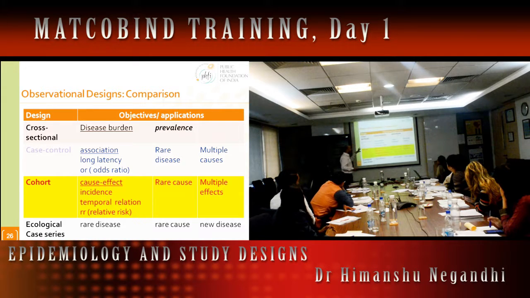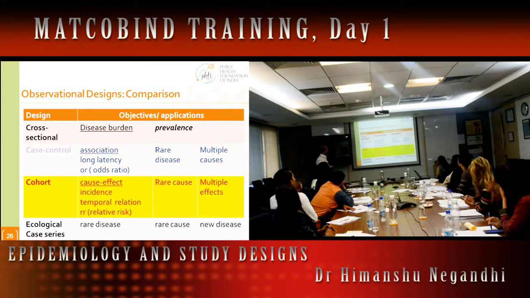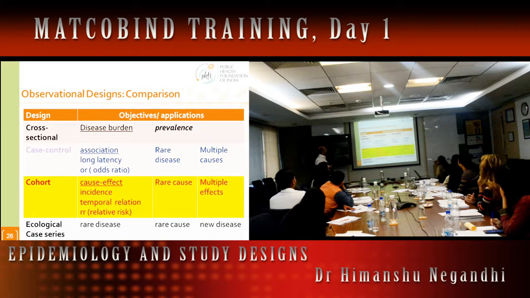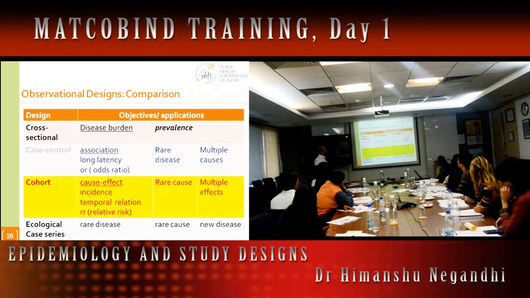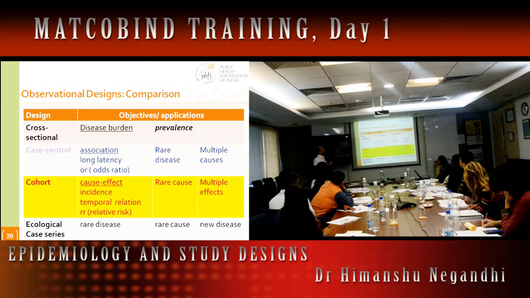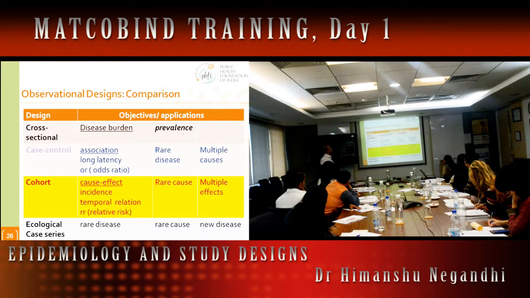Okay. So now let's look at what are these relative strengths. You've looked at these 4 designs. A cross sectional gives you disease burden, which in fancy terms we call prevalence. A case control gives me an association whether A causes B, especially if it's a rare cancer, do a case control. Ask, what did you do wrong in childhood that led to cancer today? Easier to do. In a cohort study, it looks at cause and effect, more stronger, gives me incidence, tells me about temporal relationships,